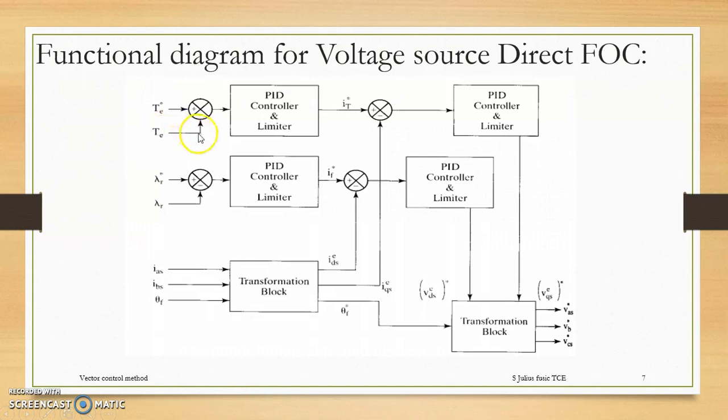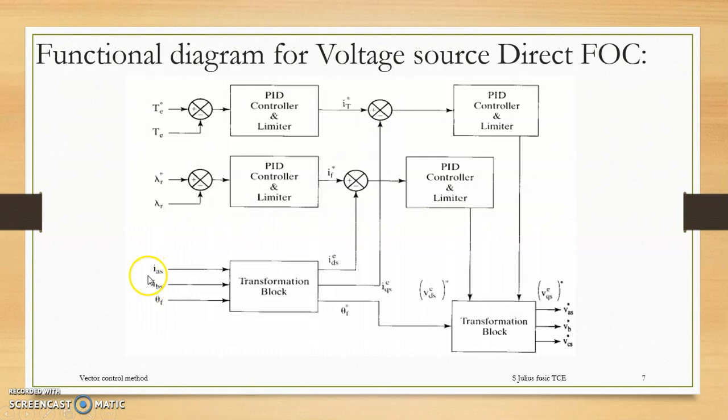So initially the PID controller and the limiter will have torque parameters, which are a reference and the generating torque, and like that another one will be used for the flux linkage. We already discussed the dynamic performance of any machine can be identified by using your torque parameter and the flux linkage parameter. By using that, the signal is generated, and that generated signal will be the torque current, which is a stator current, and there will be a field current from your flux linkage, and the input,